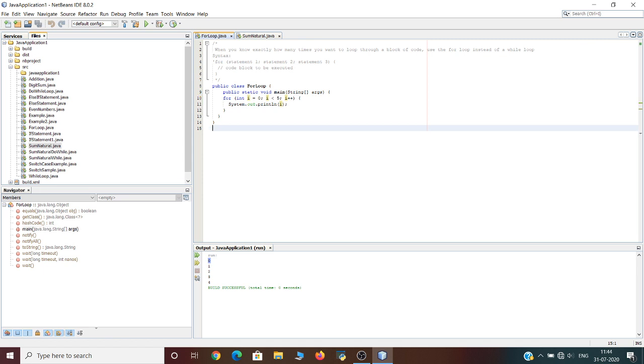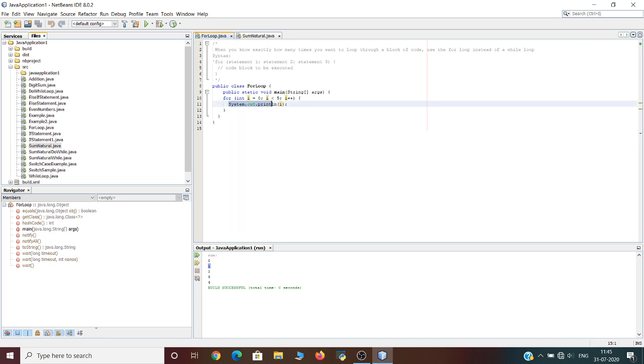So we will again go to the conditional statement, statement 2, wherein we will again check whether the value of I is less than 5. The current value of I is 1, and 1 is obviously less than 5. So the condition turns out to be true, and as per the sequence of execution, the code block will get executed and the current value of I, that is 1, will be printed in the output.